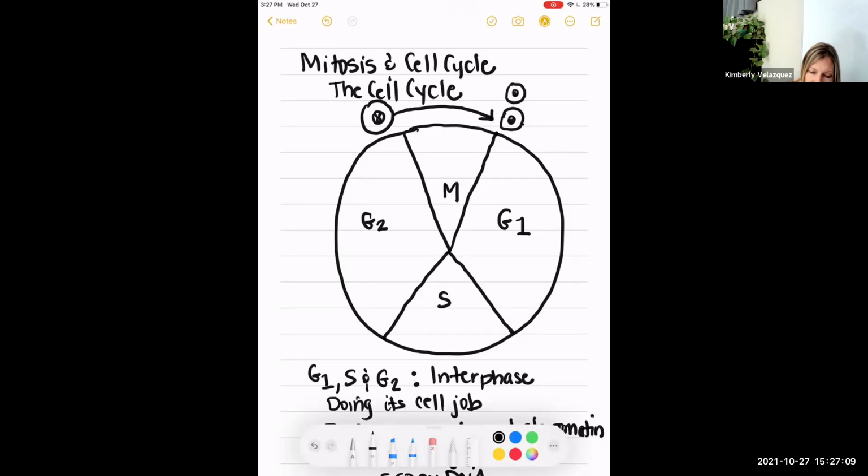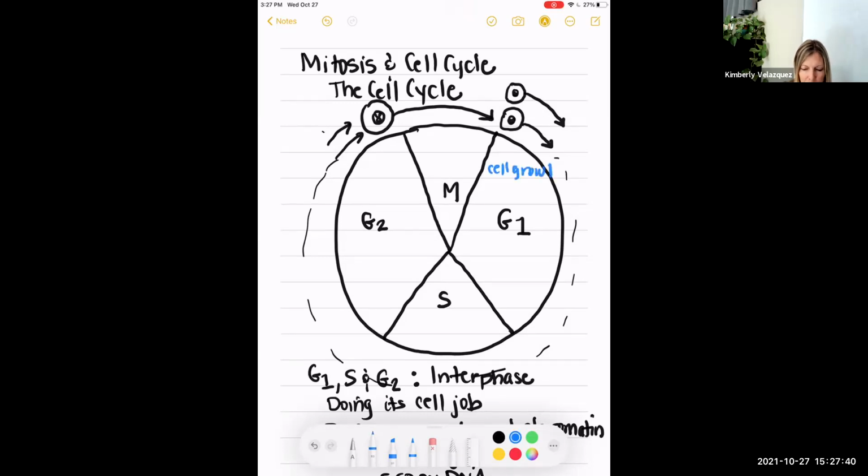And each one of those cells is now going to start its life by going into G1 and then S and then G2. And eventually each one of those cells is going to divide itself again. So they're going to go all the way around the clock, and eventually each one of those will divide again. So when this cell cycle clock starts, each of those new little baby cells is starting G1. So the first thing that needs to happen, obviously, is some cell growth